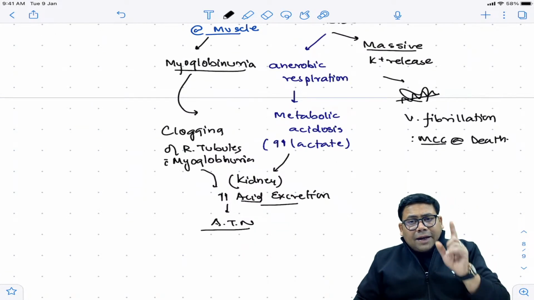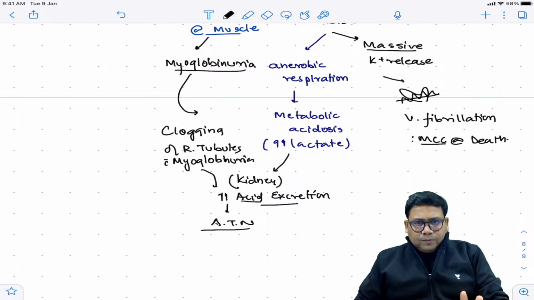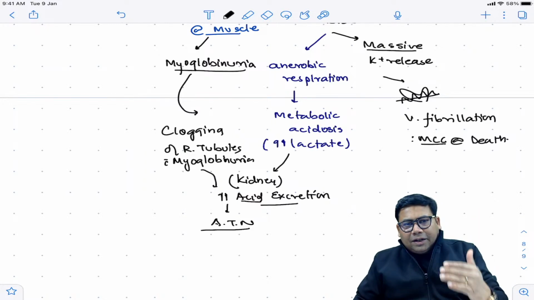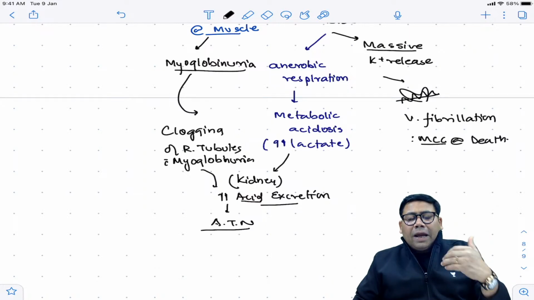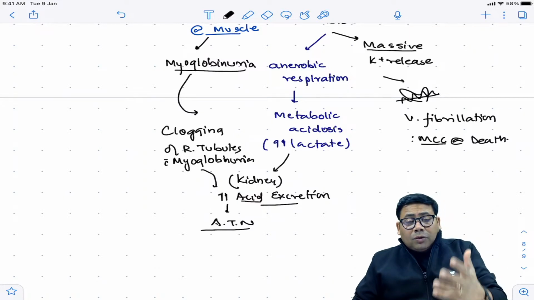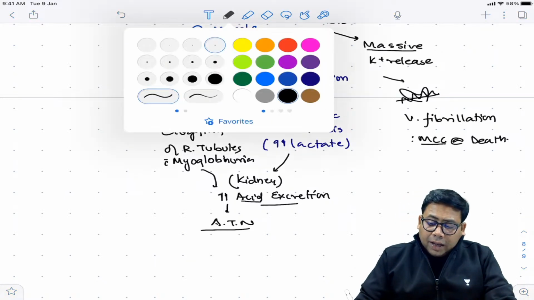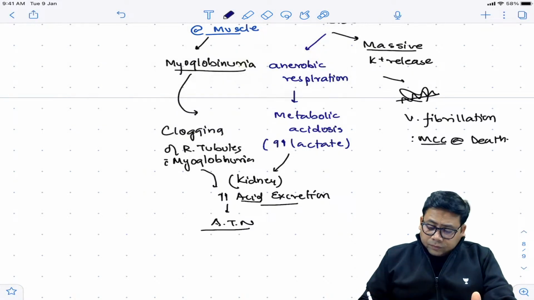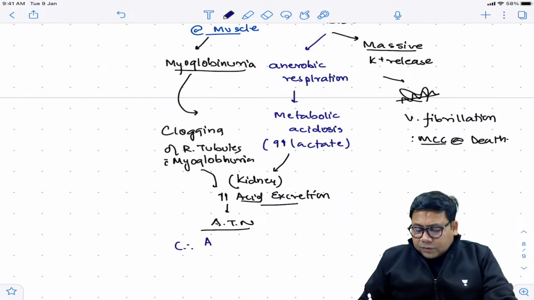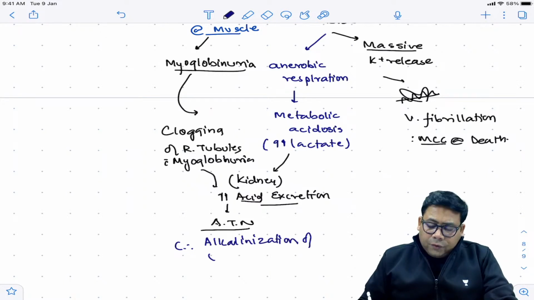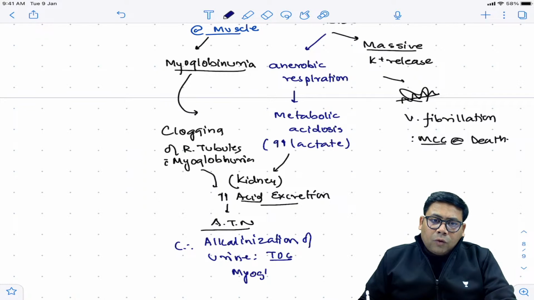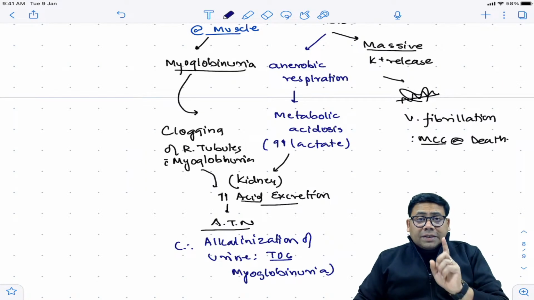Now try to understand, the catabolism has started. It will not stop in a day or two. It will take some time, and then only it will settle down. So catabolism will settle down at its own pace. But what about the body? You cannot reduce the myoglobin load. However, you can actually alkalinize the urine. Therefore, alkalinization of urine is the treatment of choice for myoglobinuria. And this is very important. So alkaline diuresis is important.